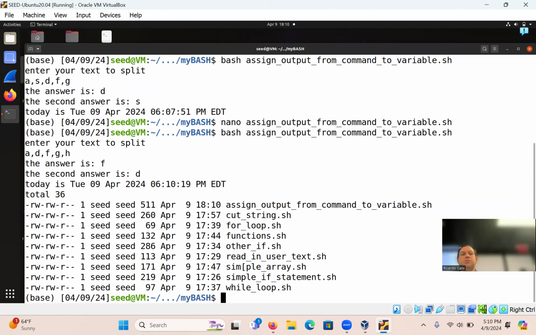Remember that? So we want grep 286, I think, so let's do other if would be the parameter. And then awk to get that 286, that's element 5.